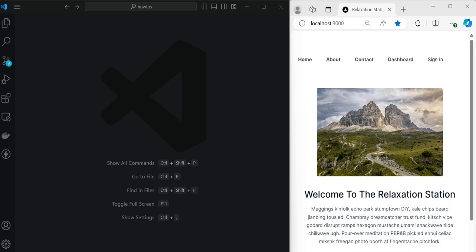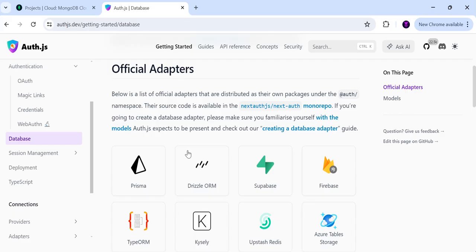So authjs integration saves sessions in a cookie by default. Technically using a database is optional, but because we want to persist user information in our own database, we're going to need to implement a database adapter. Below is the official list of adapters by authjs. You can always use a database adapter that isn't listed here, but for our project, we're going to be using